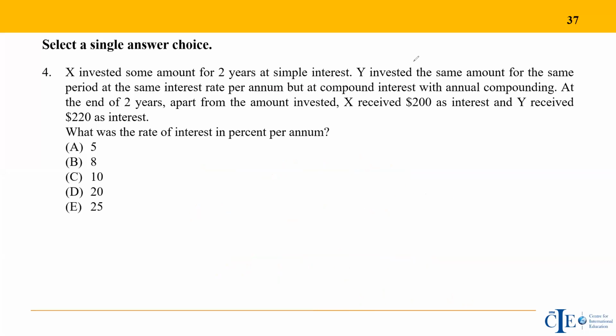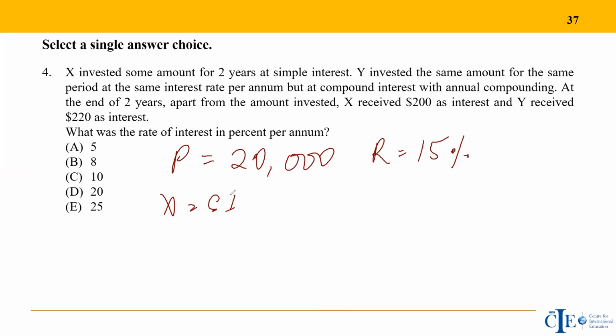Suppose you are asked to find the difference. Let's say two friends, X and Y, took a loan of 15,000, or let's say, in fact, make it 20,000, at the rate of 15% annually. X does on simple interest, whereas Y on compound interest. So X took interest on the simple, whereas Y took it on the compounding. How much more interest did Y end up paying as compared to X? One thing is, of course, this will always be for 2 years.